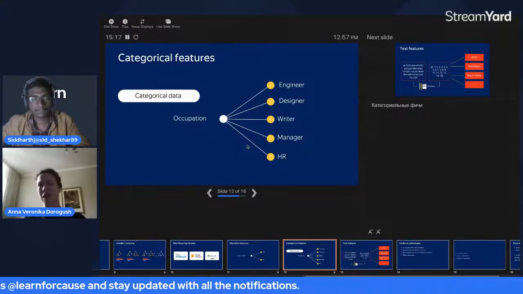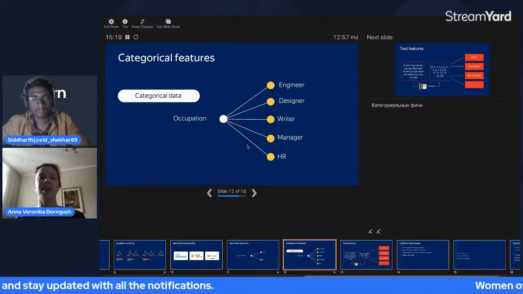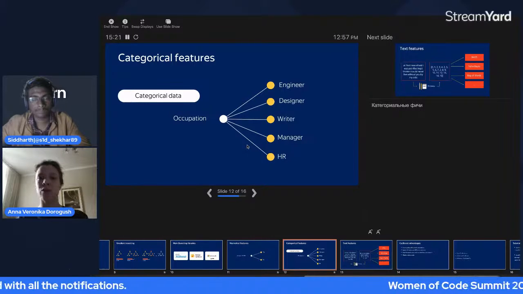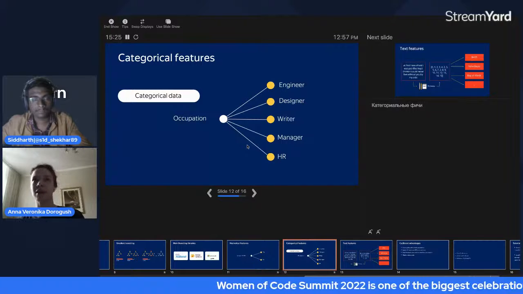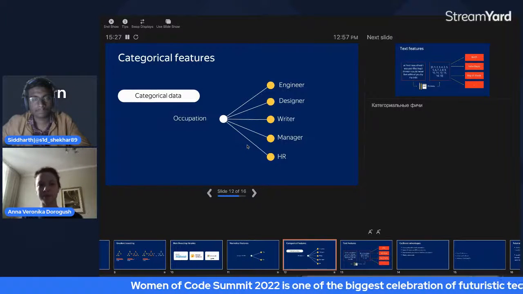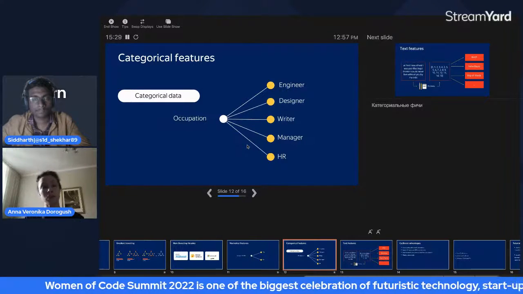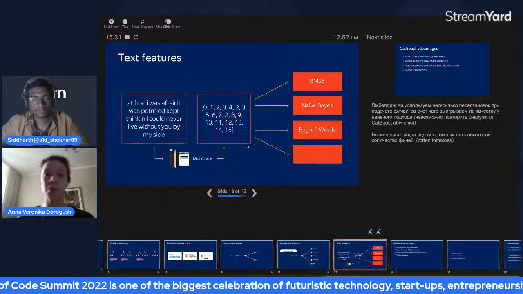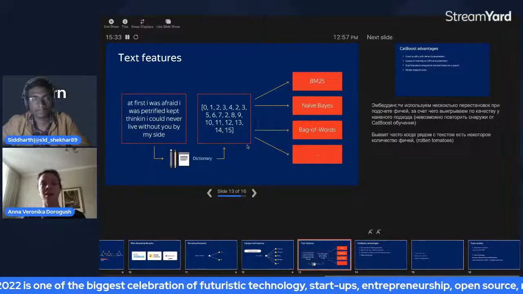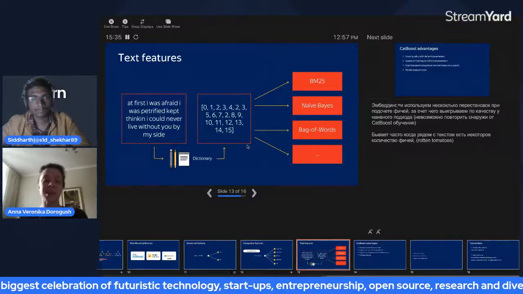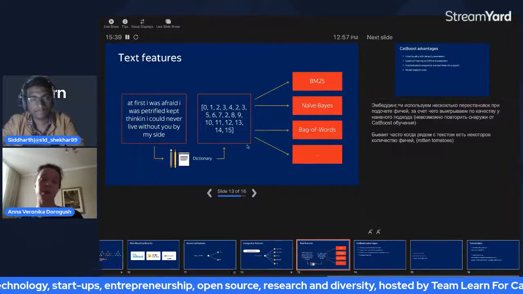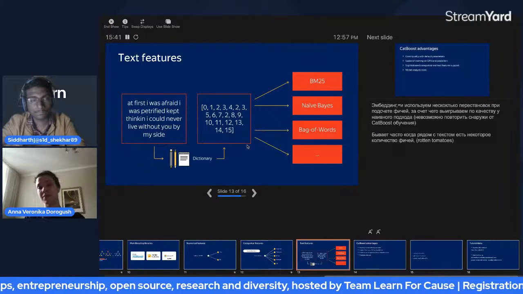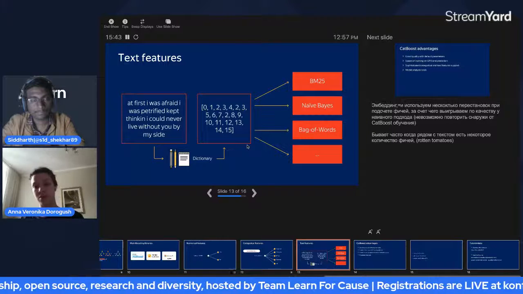LightGBM does not work really well with categorical data, and CatBoost works with categorical data pretty well. So if you have a categorical feature, you should probably try this library. It's also possible to work with text features. That means that you might have an object that is described with some numbers, some categories, and some text features.